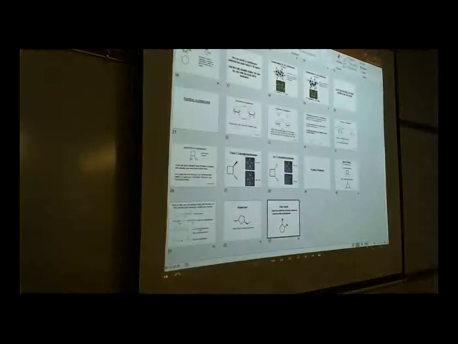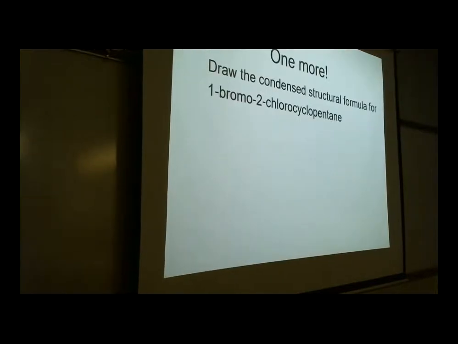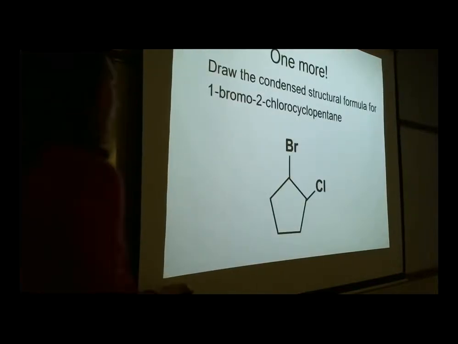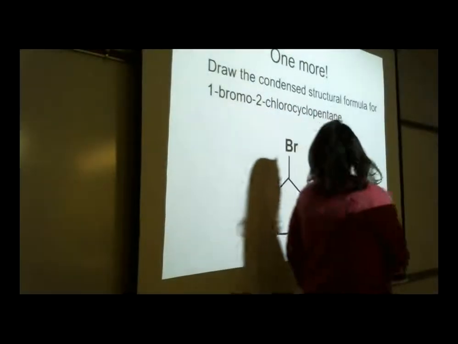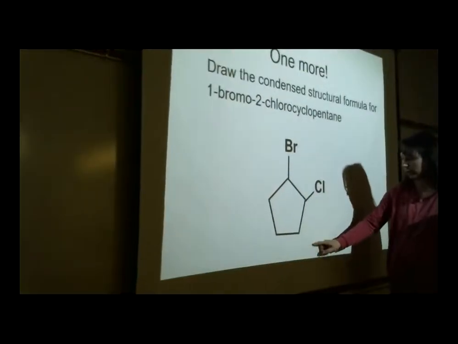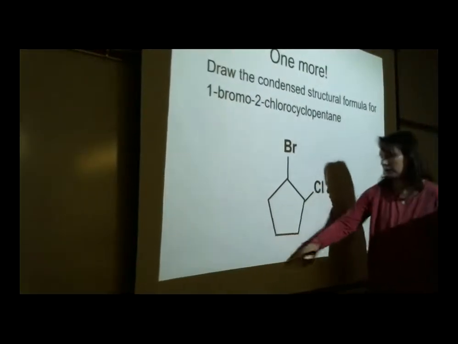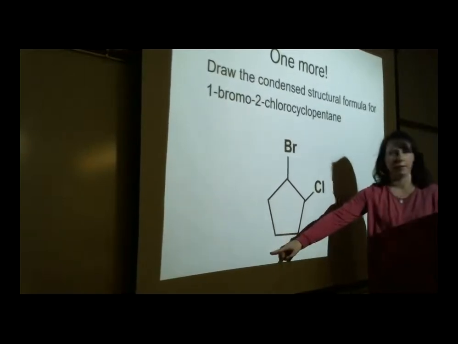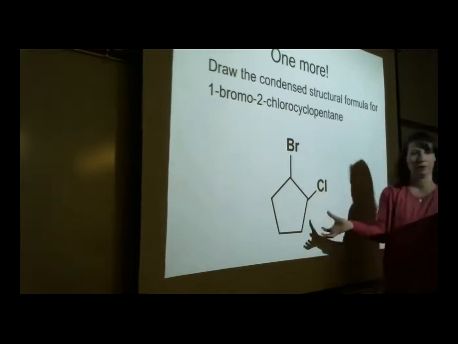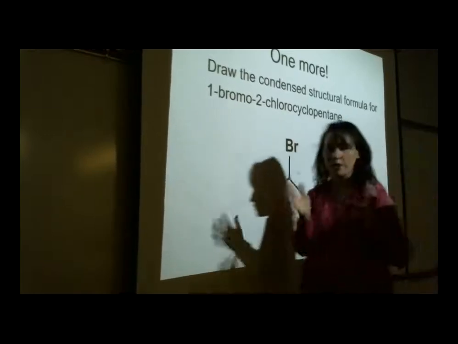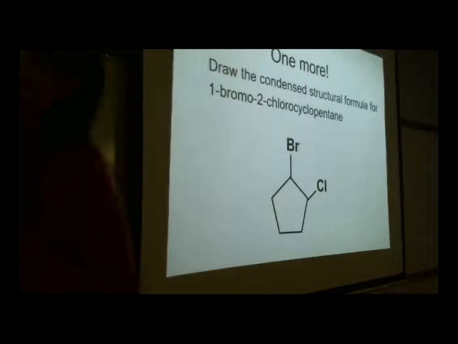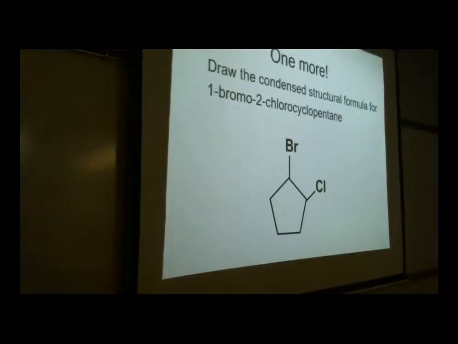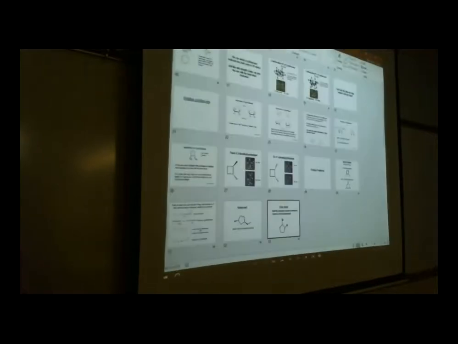Let's see what we got. Bromo and chloro are my substituents. Let's just pretend you had the bromo here and the Cl here. Is that wrong? If you had Br here and Cl here, would that be different? Nope, it's just the same molecule rotated. So long as your orientation between the substituents is the same as mine, then you're fine. Okay, so what we're going to do now